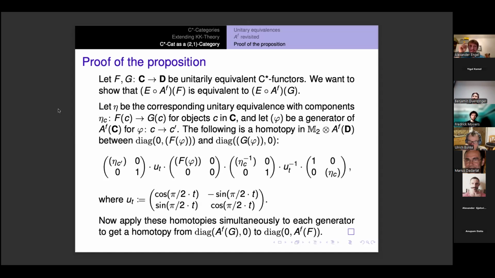Well, the thing is now, we have written down this formula in just one single generator phi. Now we apply these homotopies to all the generators simultaneously. So for this, you have to check that, well, what was the definition of AF? First, you formed the free algebra on these generators. So that's fine, just do with the generators whatever you want, because it's a free algebra on these generators, so you can just change the generators as you want. It's compatible with everything. But then you did this quotient by this equivalence relation,